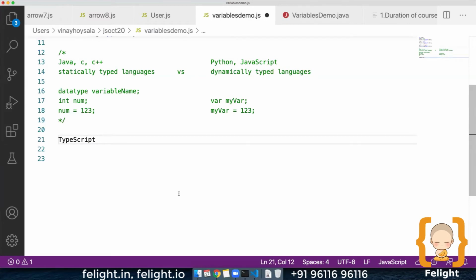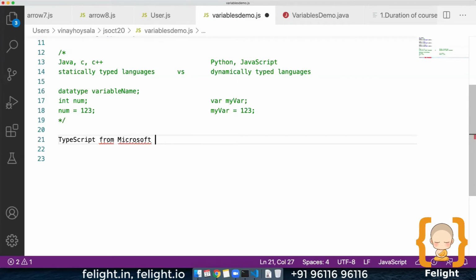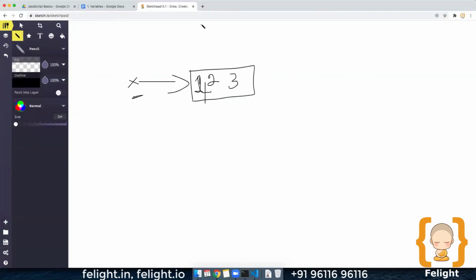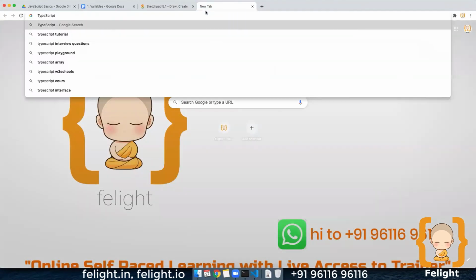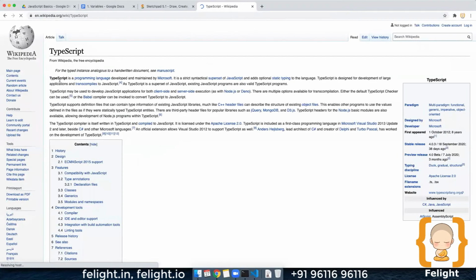TypeScript, have you heard of it? No, sir. Microsoft has released something called TypeScript. You can call it a library or a programming language. TypeScript is a programming language developed and maintained by Microsoft. It's a strict syntactical superset of JavaScript.